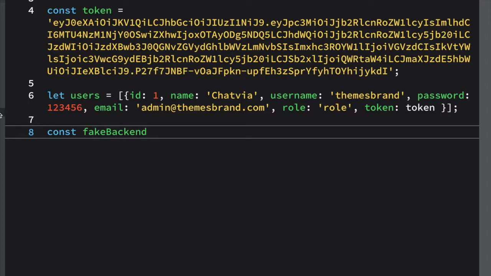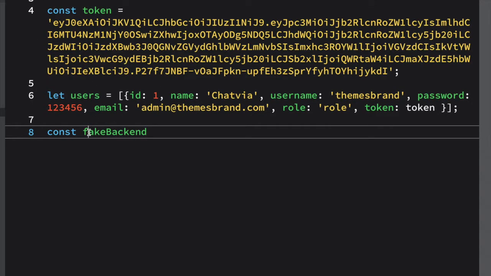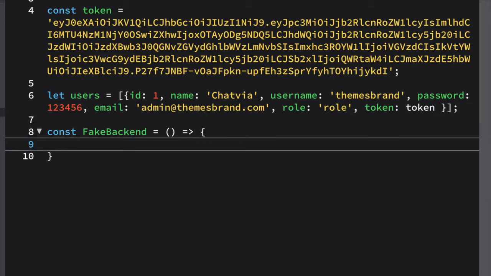So from fakebackend.js there is a function known as fake backend, okay, named like this, which is basically being used inside our app.js imported here. Okay, you can see. Also friends, because this is capital there, I have to make it just like this. So fake backend, and here I will use some JavaScript, and you must be familiar with it. Okay, and if not, you can go through my lectures for JavaScript, which I will be making very soon.